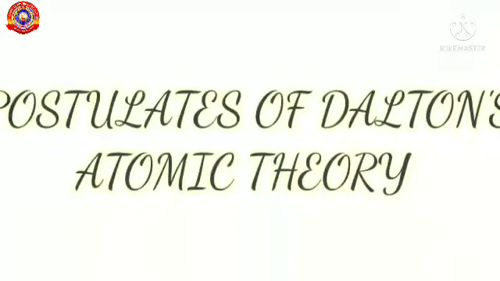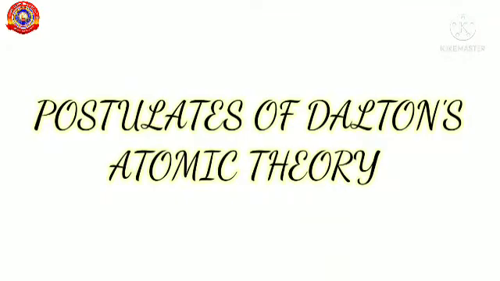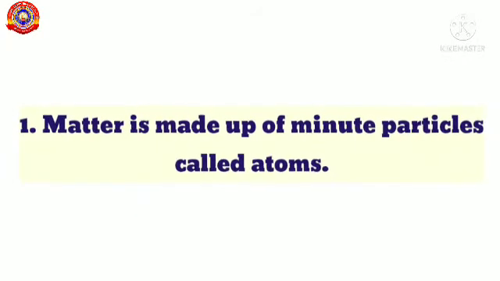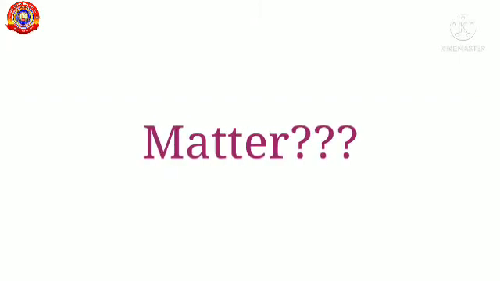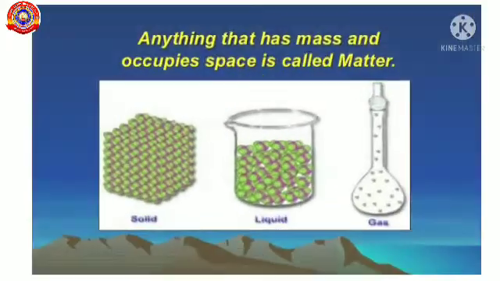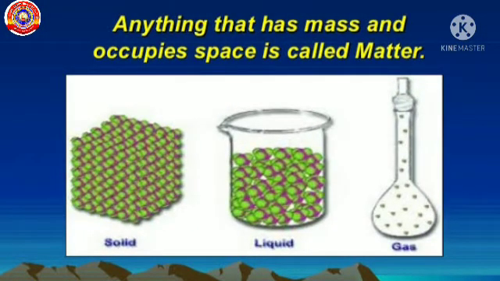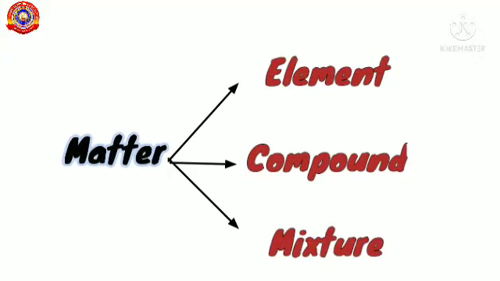Now let us see the postulates of Dalton's atomic theory in detail. Number 1. Matter is made up of minute particles called atoms. Dear children, don't you remember the term matter? What is matter? Anything that occupies space and has mass is called matter, right? So all forms of matter, whether an element, a compound or a mixture, is made up of minute particles called